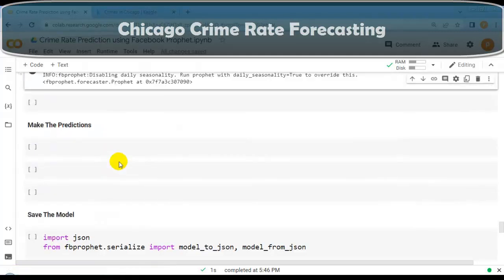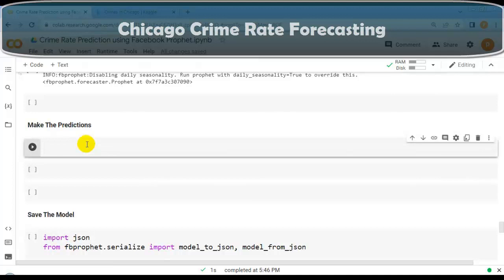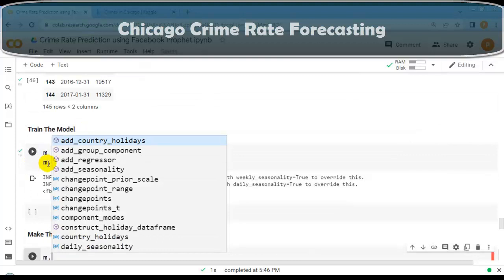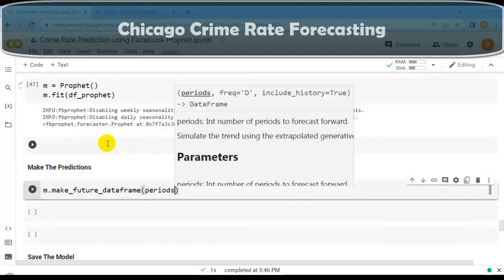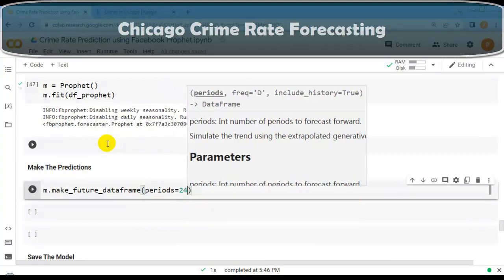So now our next question. Here we are going to make the predictions using our trained model. So for that, let me write M, which is pointing to our trained model, dot, and we have to use make_future_dataframe method. And here let me pass periods equal to 24, because we want to forecast for 24 months, means for 2 years.